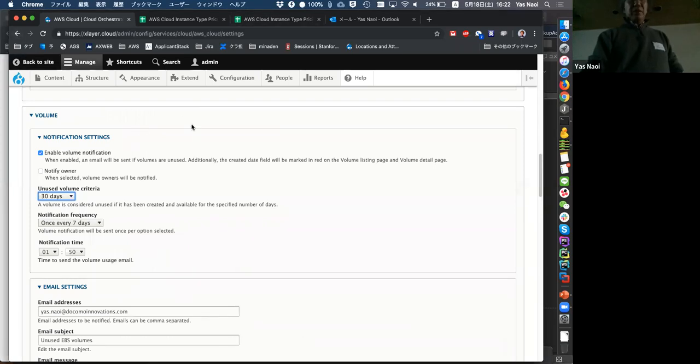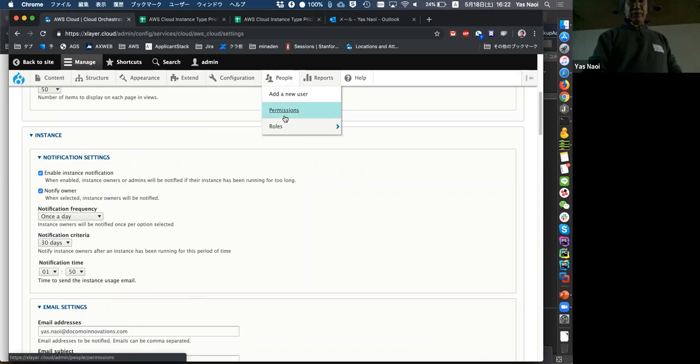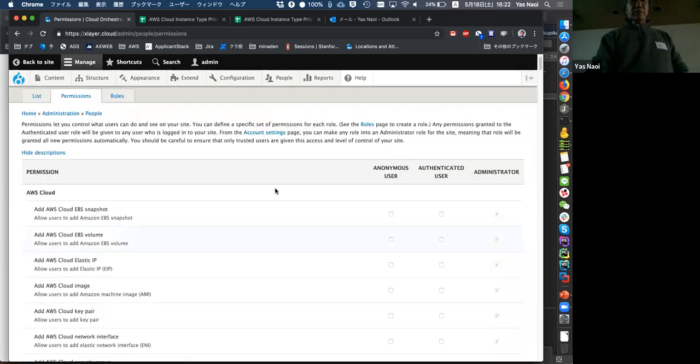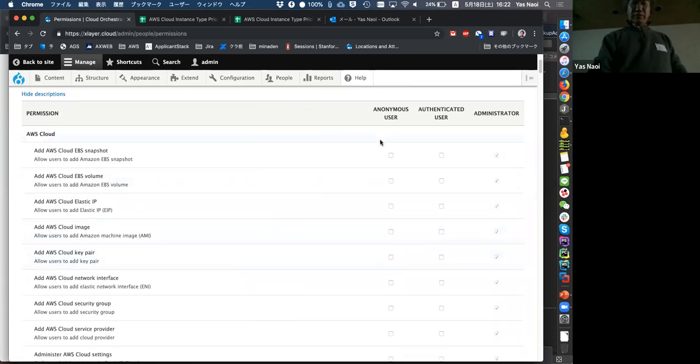The reason why we are highly involved in Drupal is that I thought Drupal had lots of security-related capabilities, like permissions, for example. This is very powerful.